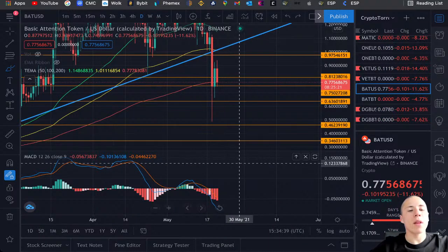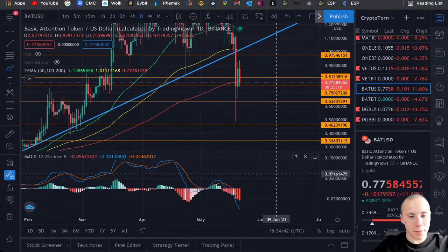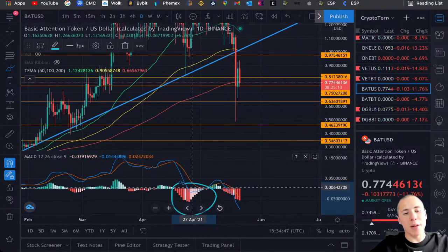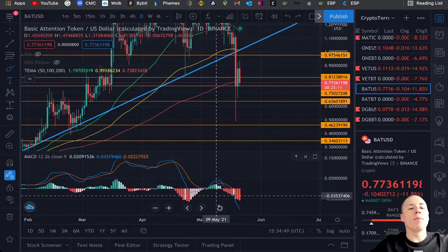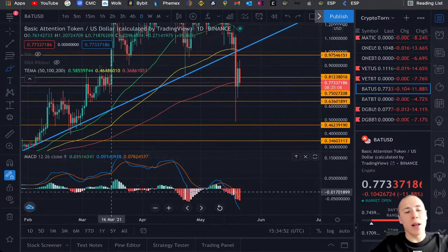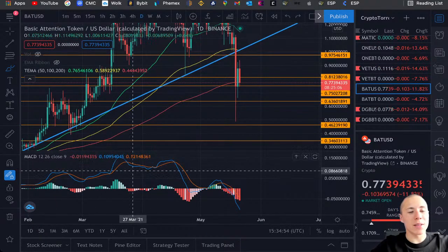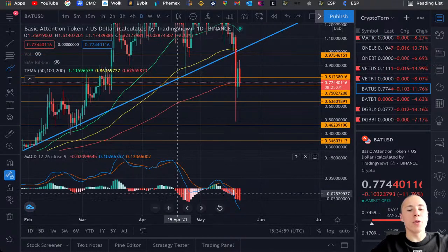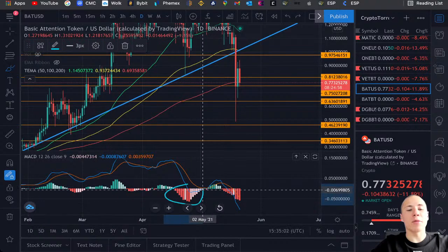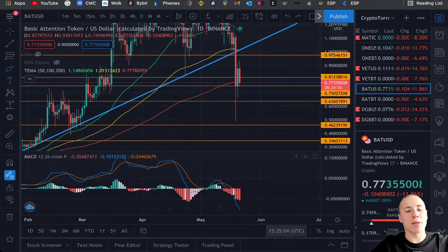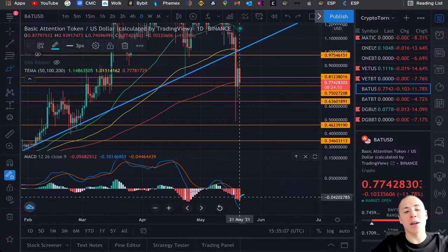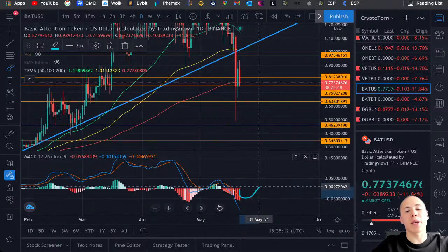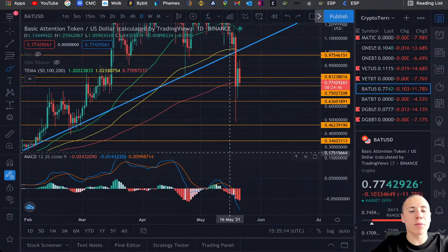because we are seeing over here a huge momentum towards the downside being created already on the MACD, and it would be just not logical at all, because you don't tend to see an even bigger downward momentum if you already had a huge momentum towards the downside previously to that. So it is very possible that once we see a crossover on the MACD, that we will be seeing an upward momentum being created instead of a downward momentum, and that would be